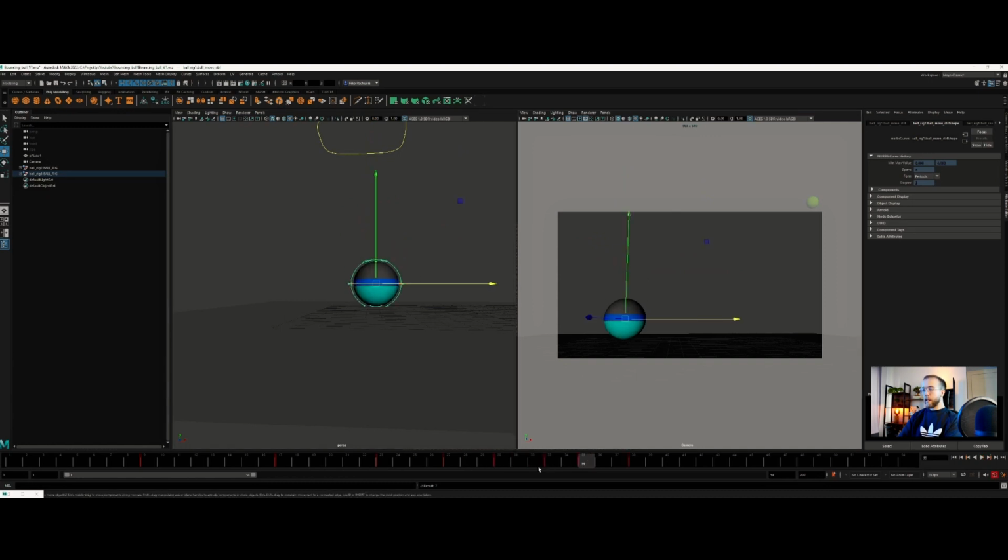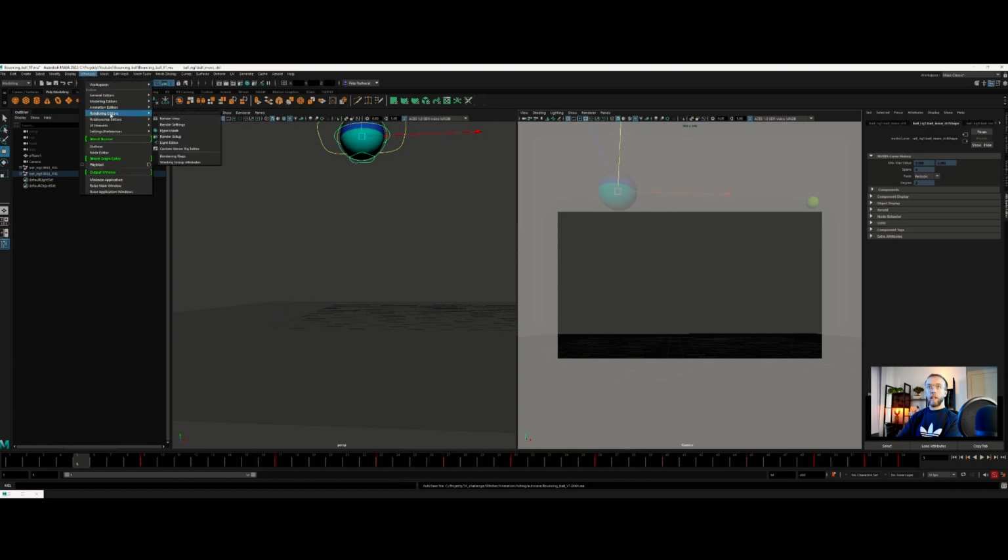Create a pose here. Okay, so this is just too fast. Okay, looks cool, and we can move on to animating in graph editor,